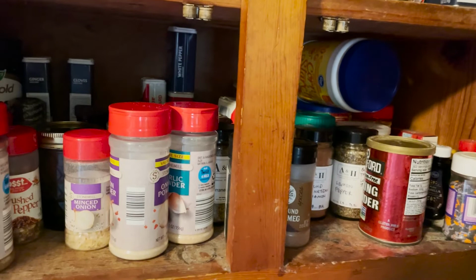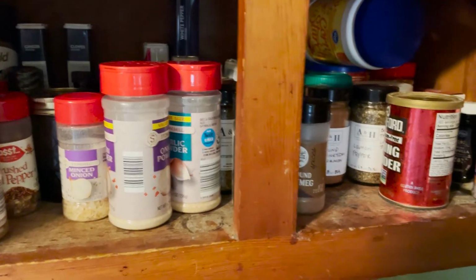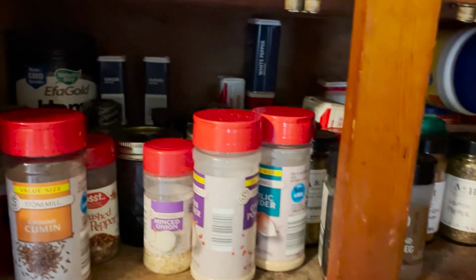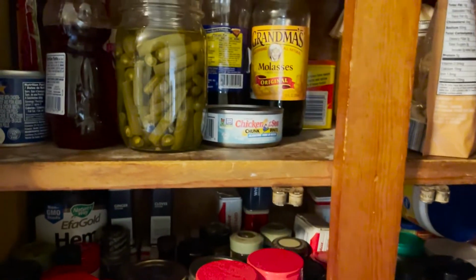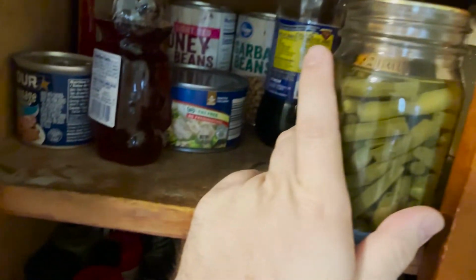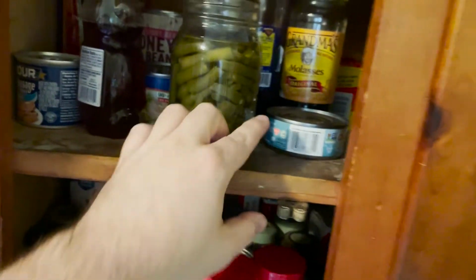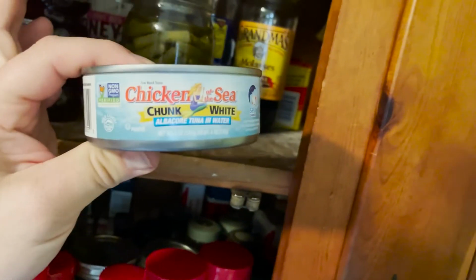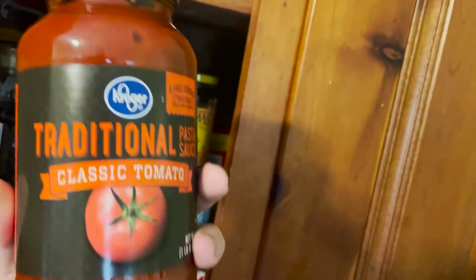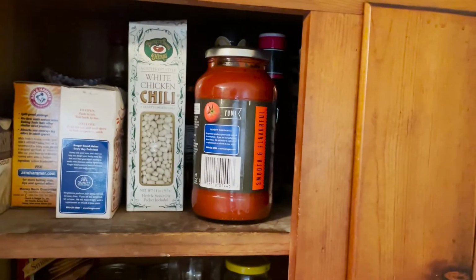Spices, y'all, are another thing that's very important to go ahead and stock up on, because you can really add any spices to a meal and change it up so you're not having the same thing every single night. There's more of the canned tuna, and I think there's chicken all the way in the back behind Delilah's green beans. Yeah. Great to have in your pantries. Same thing I was talking about with these. I think these are like $1. I think these are 10 for 10 at Kroger. And get you some tomato sauces